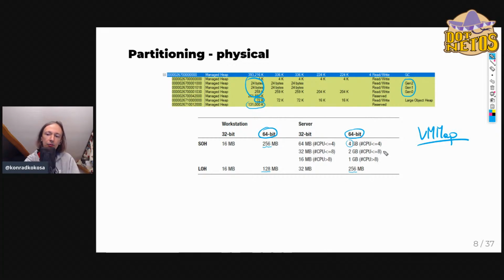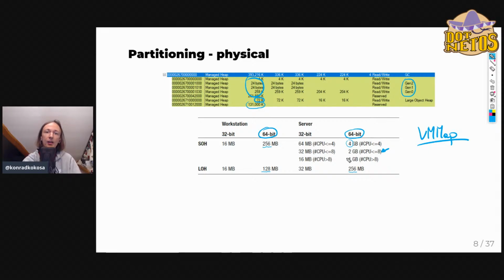So for example, a pretty typical scenario, 8 logical cores, so my machine has 8 logical cores. Even many servers have 8 logical cores. It will have 2 GB for small object heap multiplied by the number of logical cores, so 16 GB for